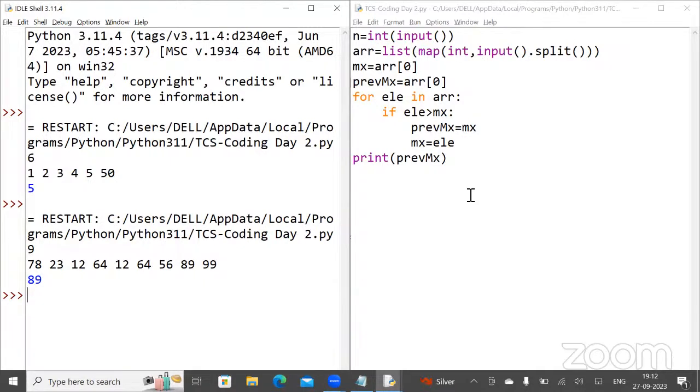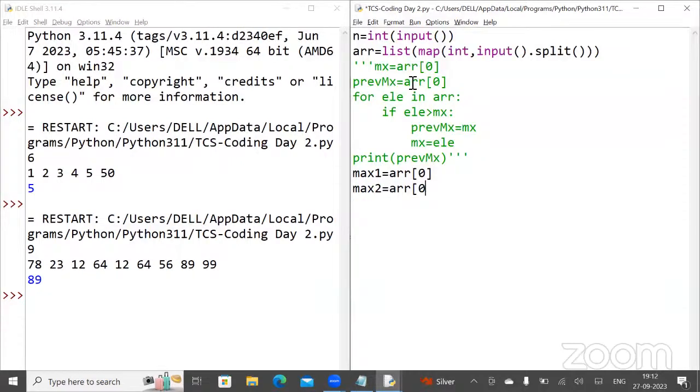Again, there itself you require two variables to create: the maximum one and the second maximum one. Okay, so let us create this. Instead of replacing the earlier code, let me write it in a comment so that at last you can cross-check what is the basic difference. I'm going to create two variables here, max1, which I set to array of 0, and max2, which I set to array of 0. First, I'm going to find the actual maximum value from this entire array. So let us find this out.